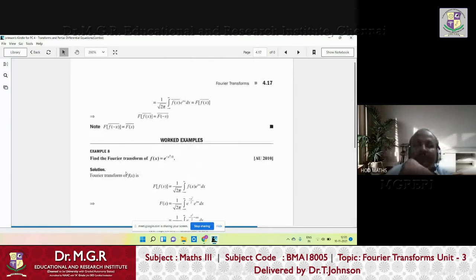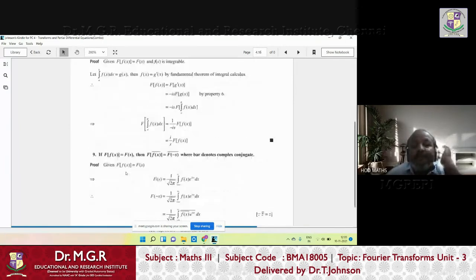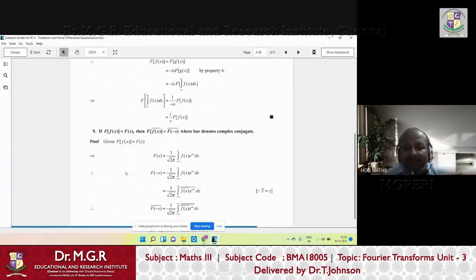Now one more property, that is property number 9. This is called the conjugate symmetry property. Here even the name is not given, but it is called the conjugate symmetry property. Right? So here they use the bar. What does this bar represent? Minus, you know, in place of x you put minus x, that is the negative variable. But what is this bar? The bar denotes the complex conjugate. In some books they use star, f star of x, and in some books they use a bar line. But whatever it may be, it represents the complex conjugate of a function or a complex number.